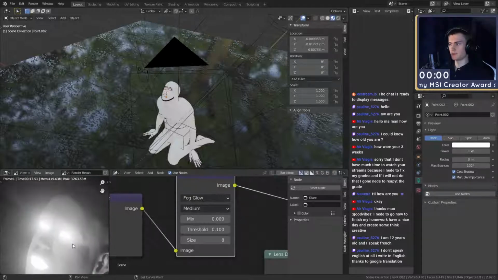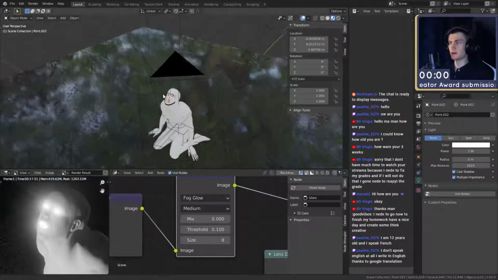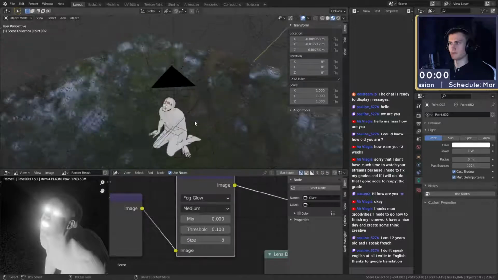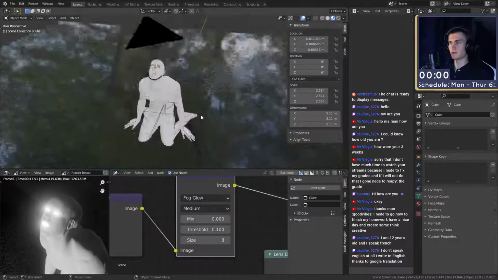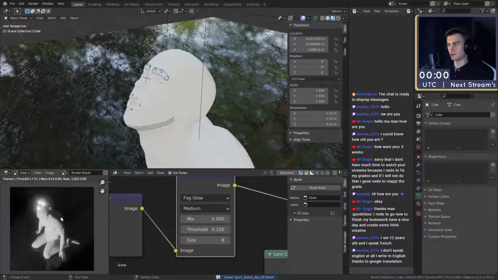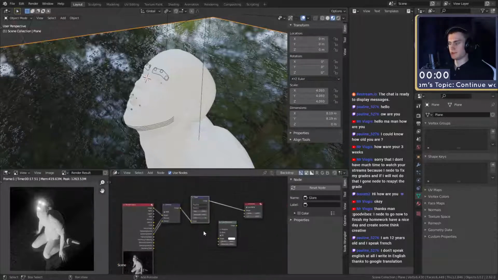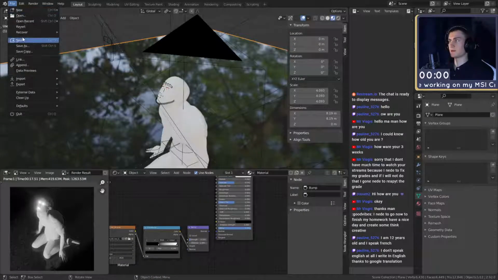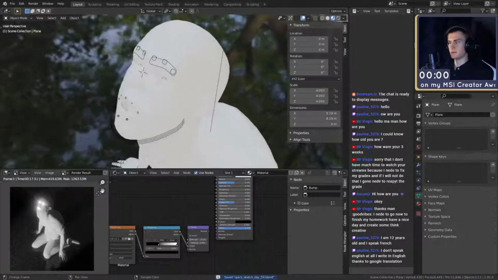The optimal display would probably be to have beams going out of his eyes, but I don't think that's gonna work. I would probably have to fine-tune the fog a little bit better, and the positioning of the lights in the eyes. So we can't do that, but I think this also looks pretty good. I'm also not quite sure if he should keep the bump map. I think I'm just gonna remove it. I think that's better. Just gonna steal attention from the actual focus. Okay, perfect.